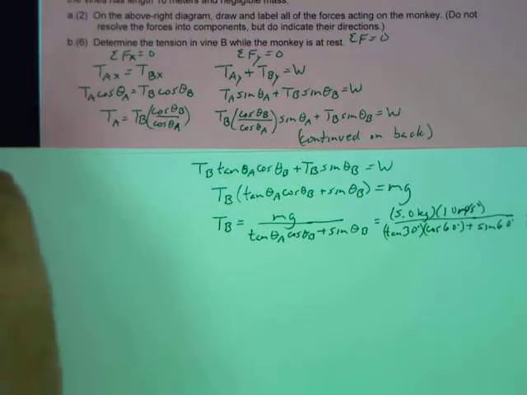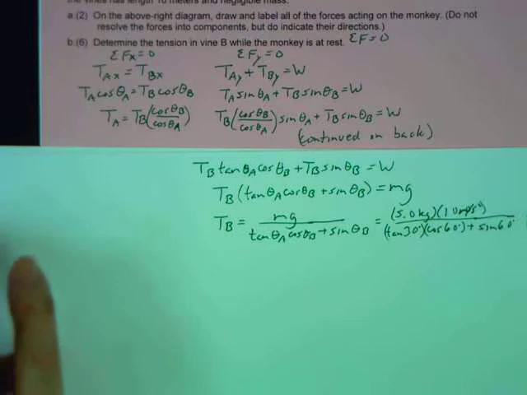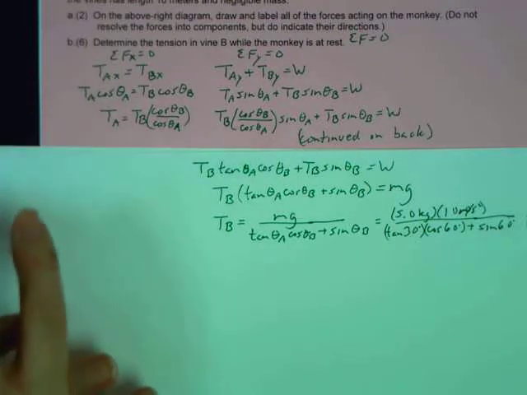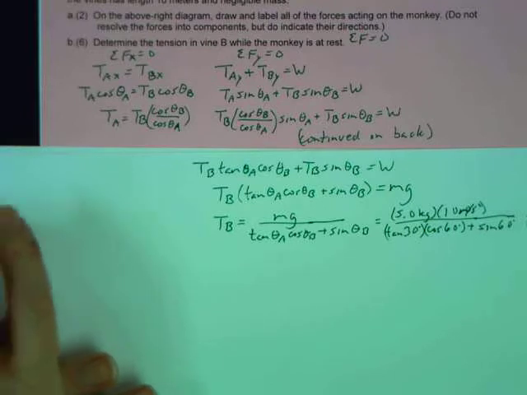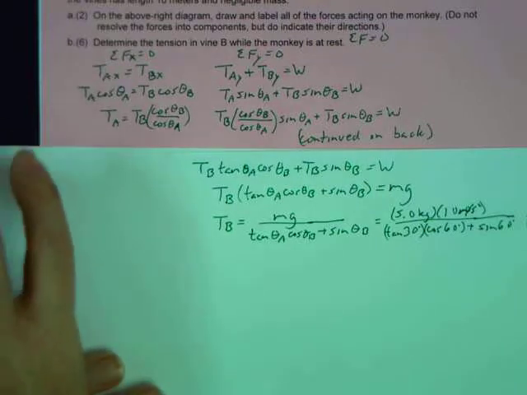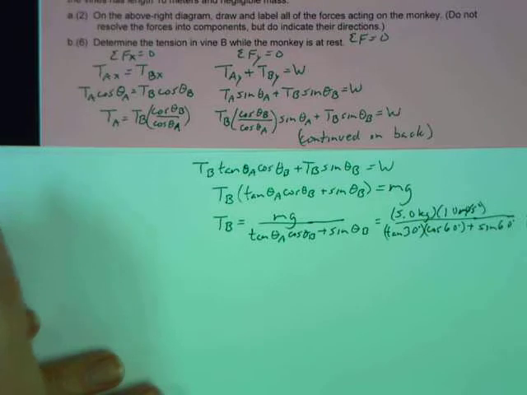Okay, a little bit of calculator work for simplifying out the bottom. Tangent of 30 times the cosine of 60 plus the sine of 60 equals